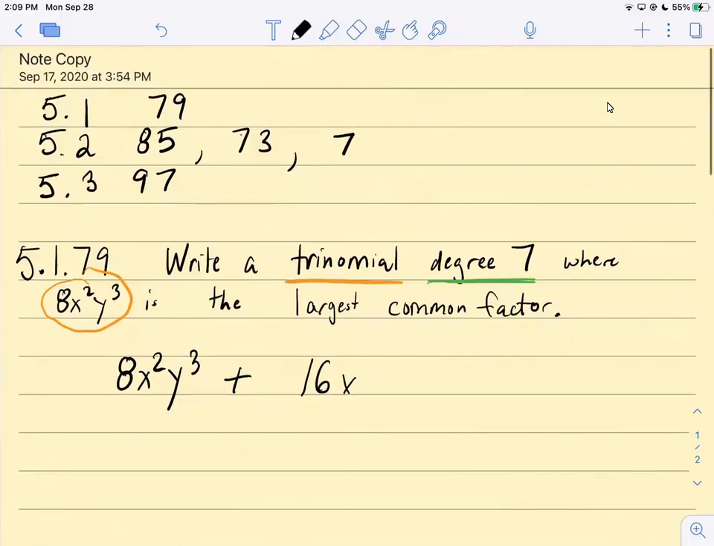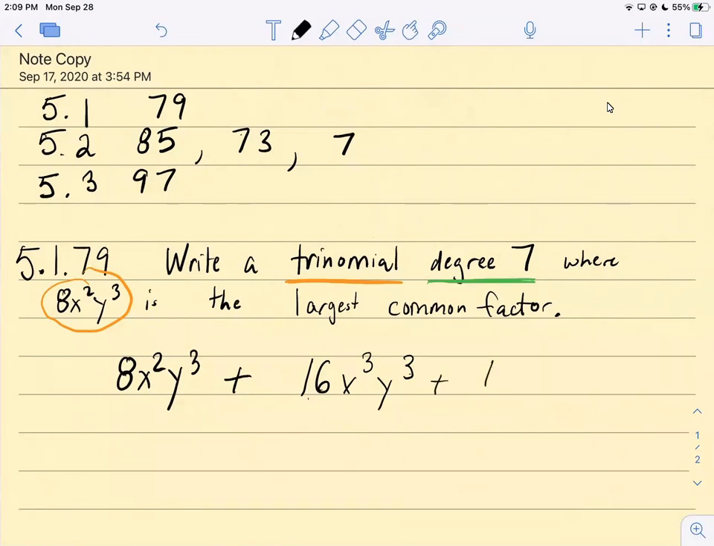If you make your exponents too large, like x to the 4th, y to the 9th, it will violate the degree 7 condition. So if you just do x cubed y cubed, that one works, because the degree is 6, and x squared divides into x cubed, y cubed divides into y cubed, and 8 divides into 16. And then the last thing you can do is maybe like